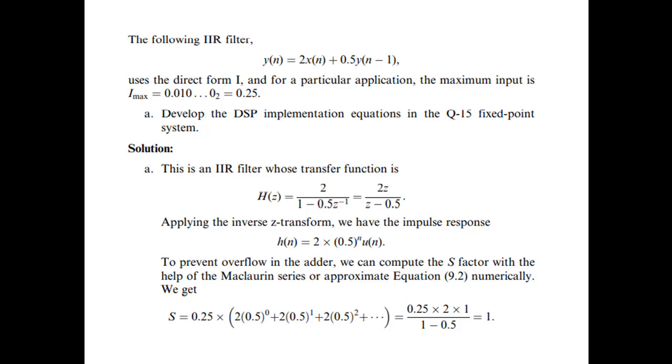So as usual, I have to check whether the inputs are going out of range, and I have to check whether the impulse responses are going out of range to scale the filter coefficients. Okay. So for that, the equation as we know, S is what? I max into the magnitude of h of 0, magnitude of h of 1 plus dot dot dot up to infinity. Now these h of 0, h of n are all basically impulse responses.